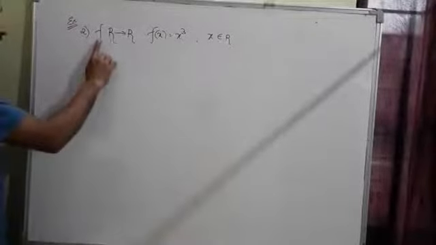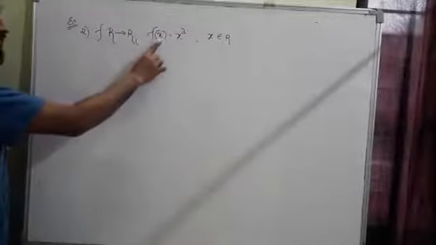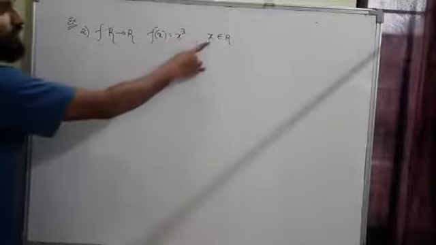Well, this question is for you guys. You have to solve this as a homework question. Enide heli, f is from R to R, f of x is equal to x cube, where x belongs to